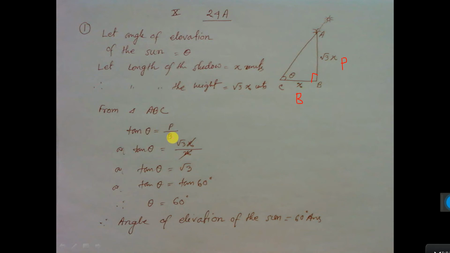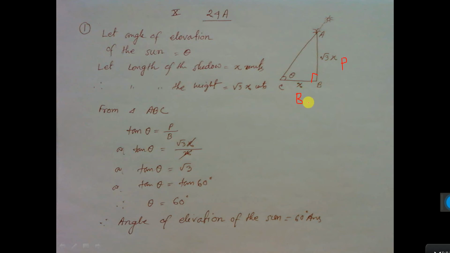Now the question is why I have taken tan. Let's say you are taking sine. Sine means perpendicular by hypotenuse. Hypotenuse AC, we do not need this value. It is not given and we do not need it either. That is why I have taken AB and BC. AB and BC, that is perpendicular and base, for this sides ratio we can use tan or cot. Cot also you can use for this sum, but I have used tan.